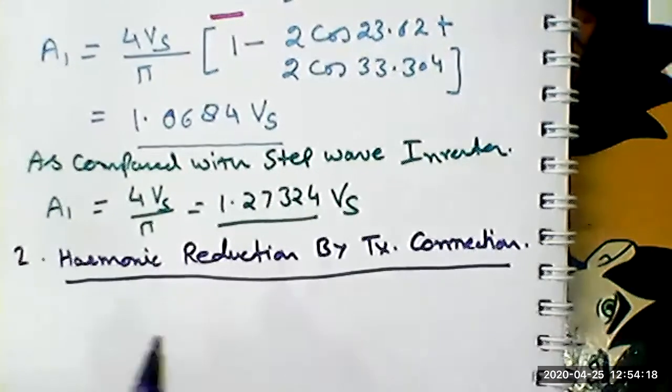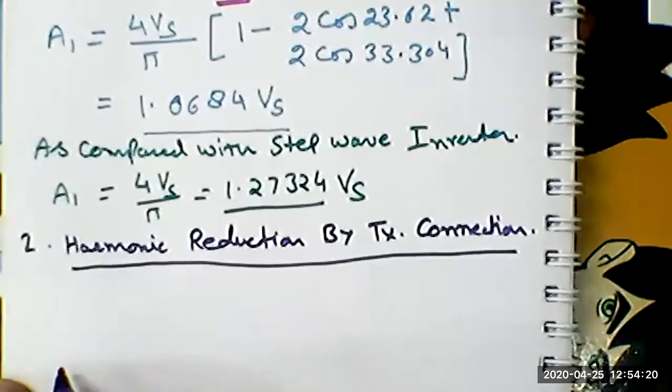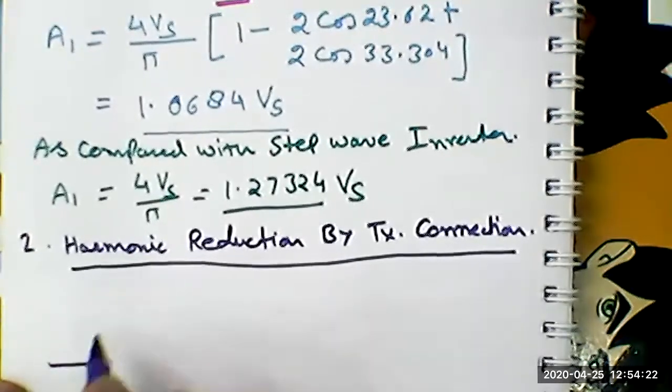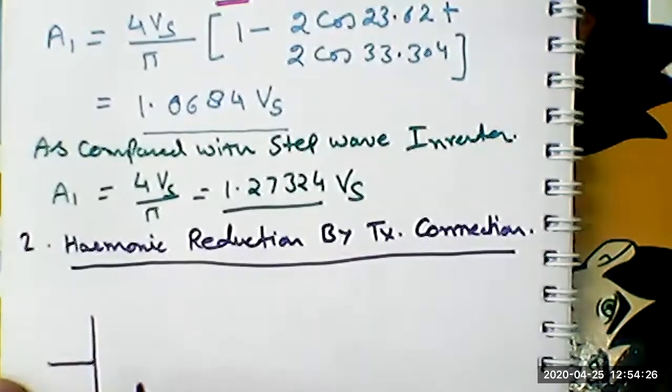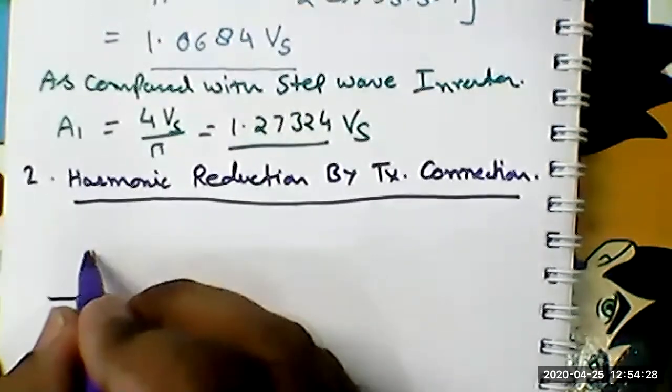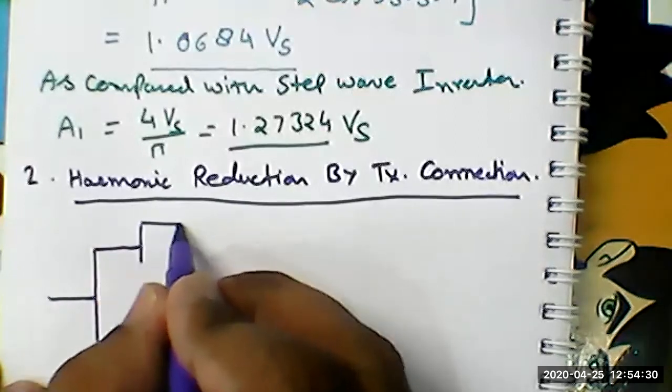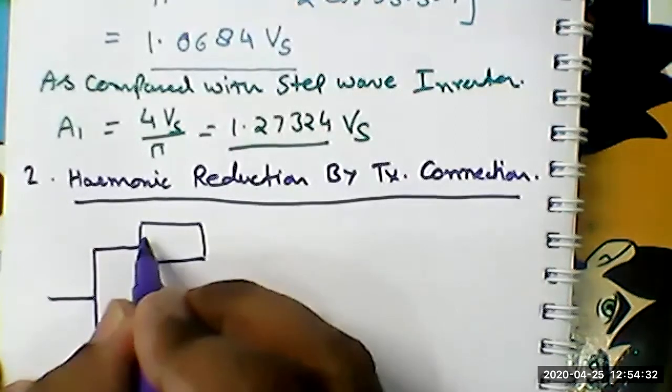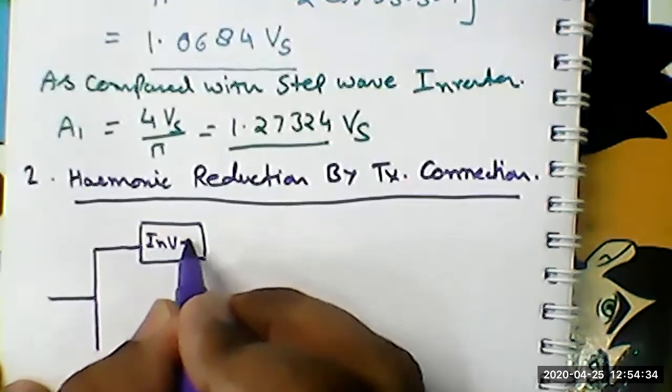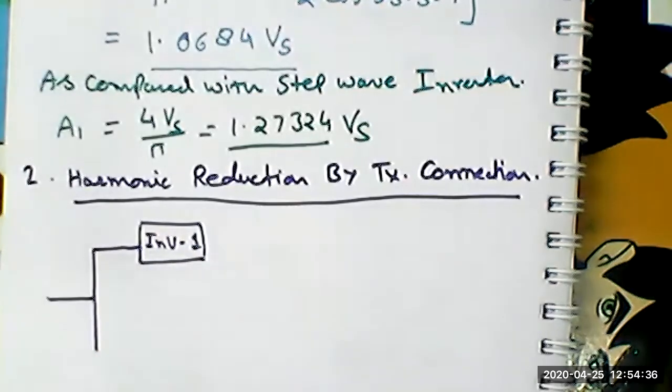So in this case, what do we do? Harmonic reduction by transformer connection. Suppose we are having two inverters. Inverter 1 and, see, 1 minute is left, so